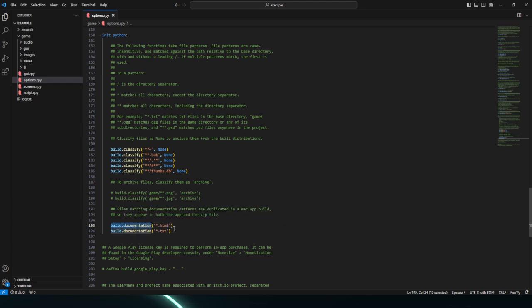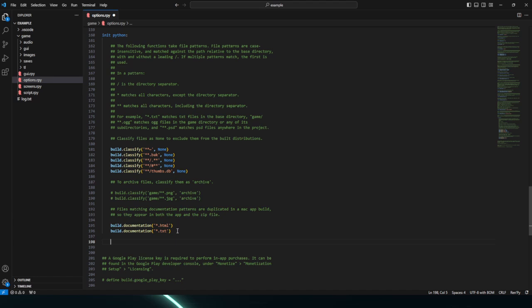So this is just another thing that you should always have enabled. So just tap that in there. And so I'm just going to do very basic archiving, and I'm just going to break it down the best I could. So I'm just going to add a couple of spaces, and then I'm just going to do